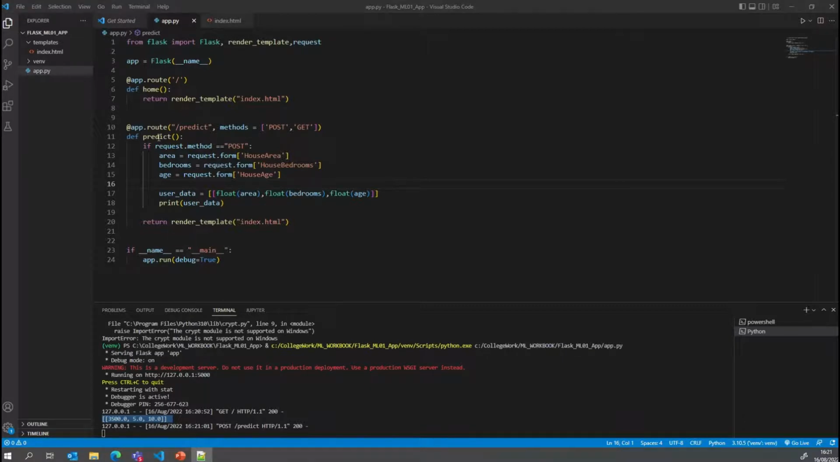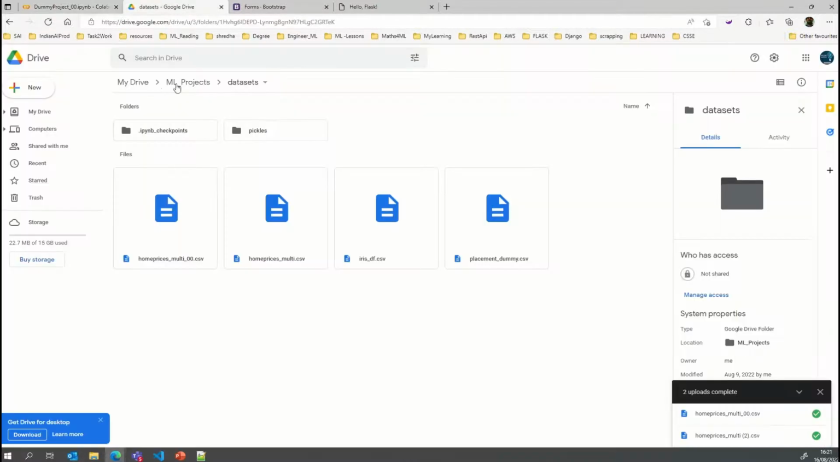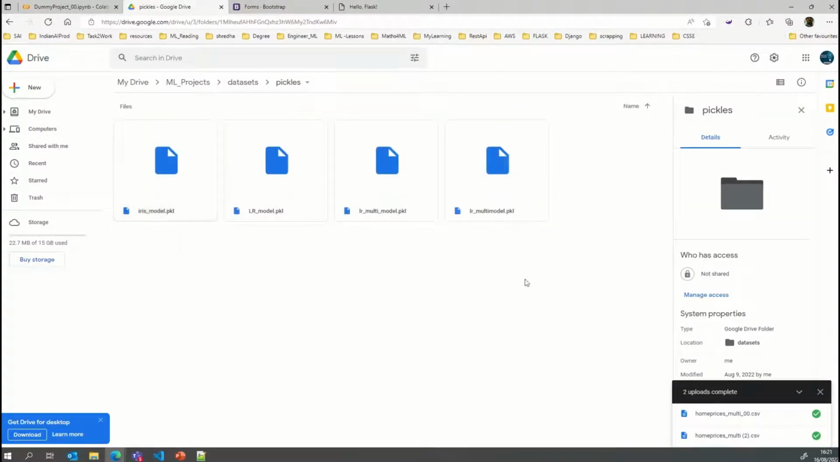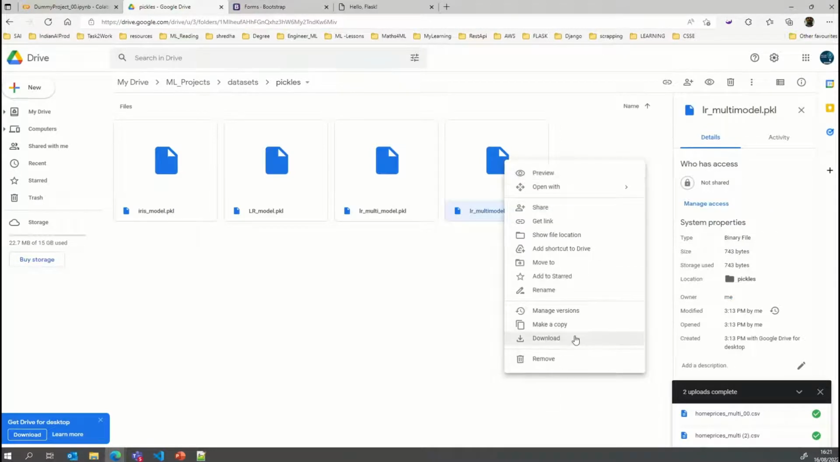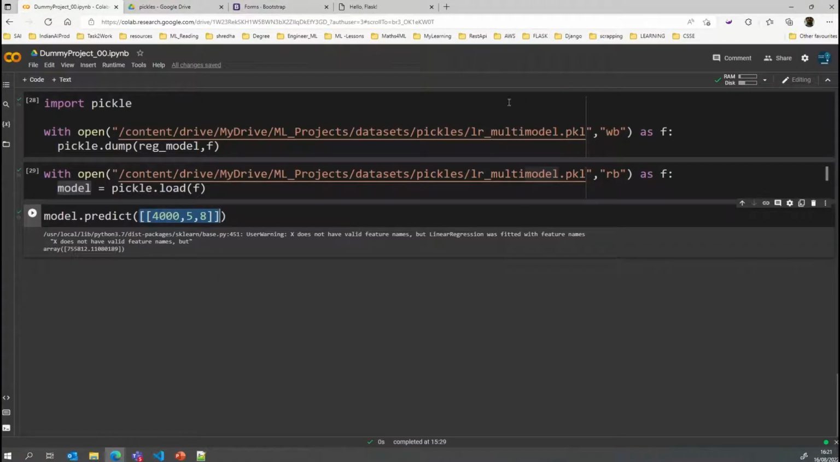We want to predict. To predict, the first important thing is that we need to get our model. If you see here in pickles, we saved our model called LR multi-model PKL. So right click and download it. Can you see? So once you download it,